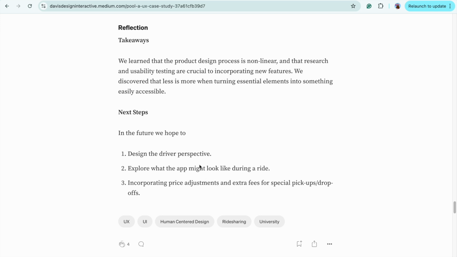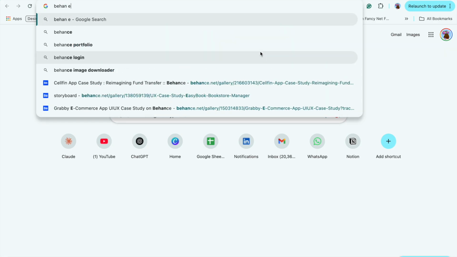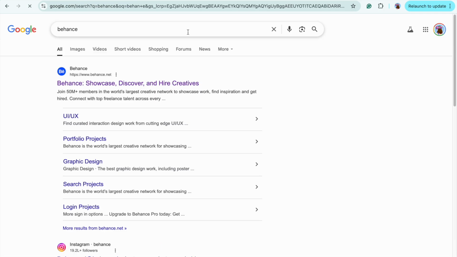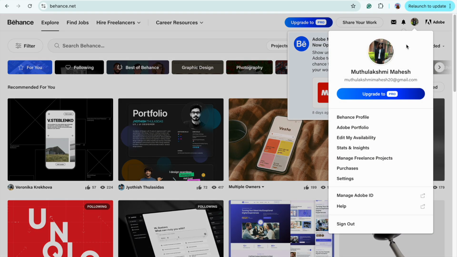So in this, since it's going to be a medium case study, they have added more text, but when it comes to the actual case study, you can try incorporating the visuals, like it can be 40% visuals and then the text. I can show you an example in Behance. For the visuals alone I'll show you. I'm not sure if they are following the right framework, but